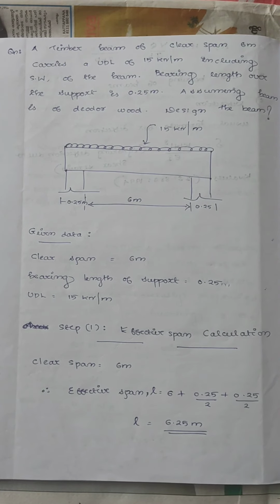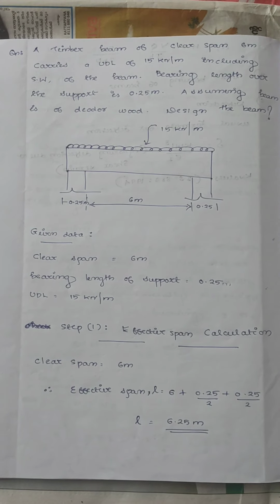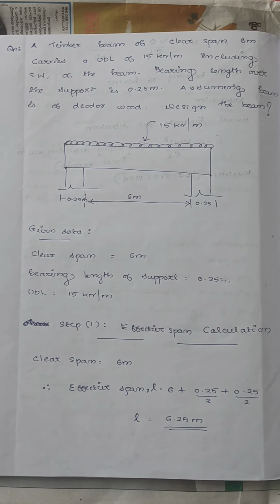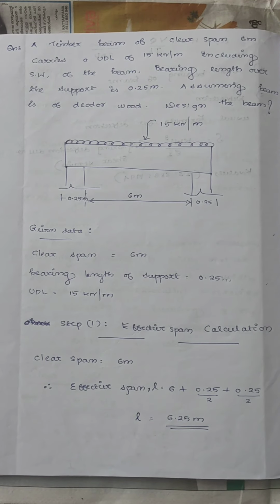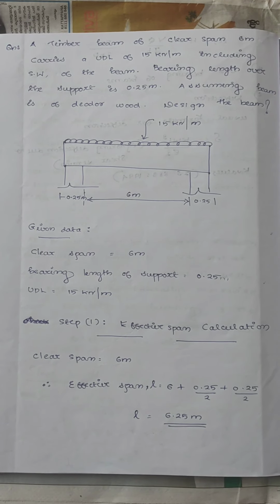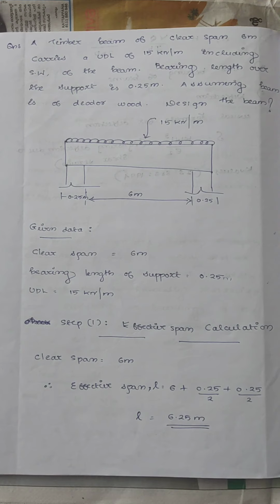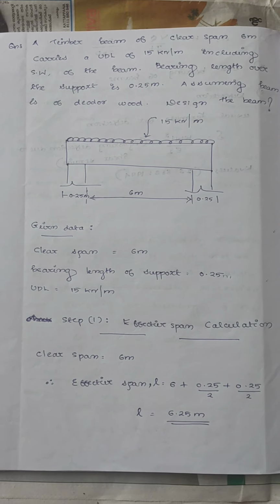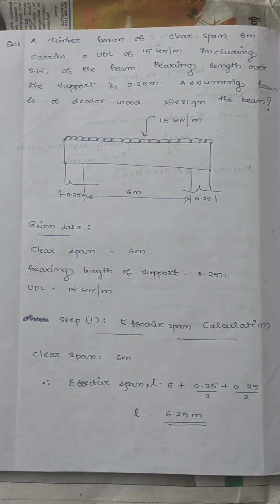So today's topic is the design of timber beam, and from the name itself we can understand that a timber beam is a beam which is made up of timber, and for the design purpose we are following the code IS 883-1994. So here the question is that a timber beam of clear span 6 meter carries a UDL of